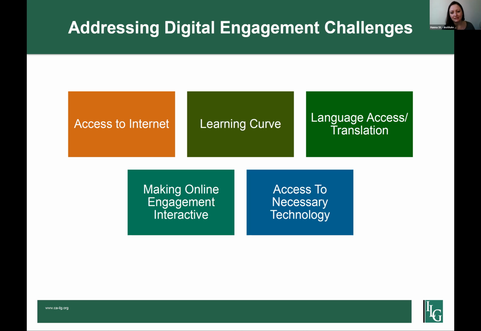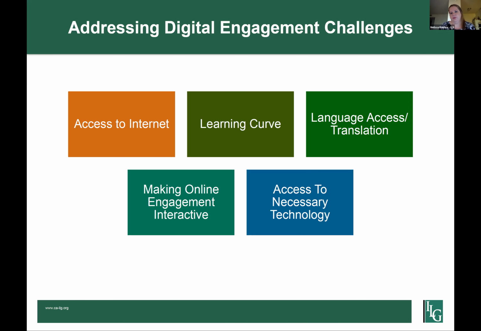Yeah, just to quickly add to that, it could even be as simple as in your meeting invite or at the top of your agendas, having some really high level instructions on how to do it. Do they need to download something before the meeting to have access? Or, if there's a really easy step-by-step on, click the link, enter your code, that kind of thing can really help make it less intimidating for people.